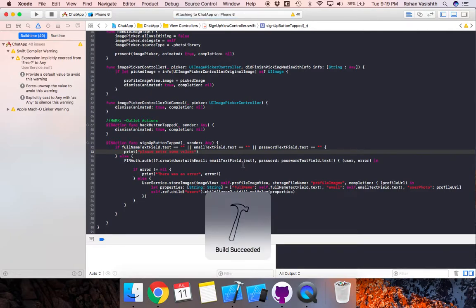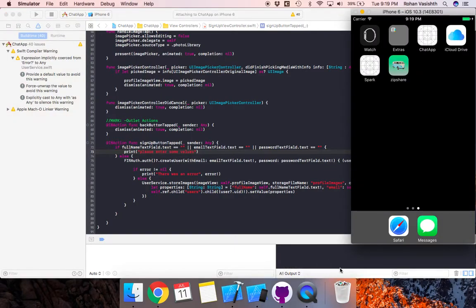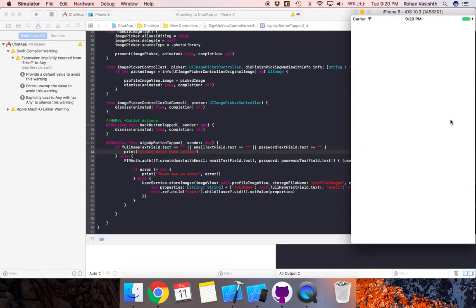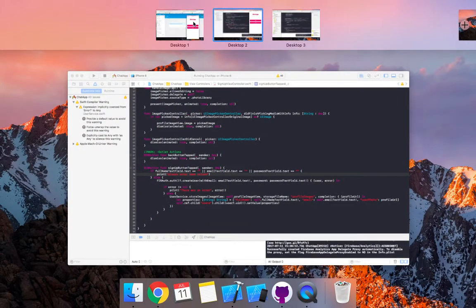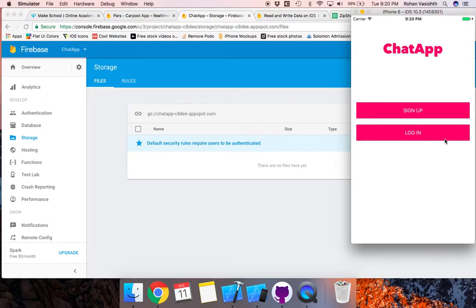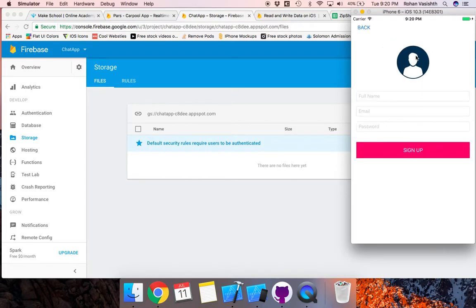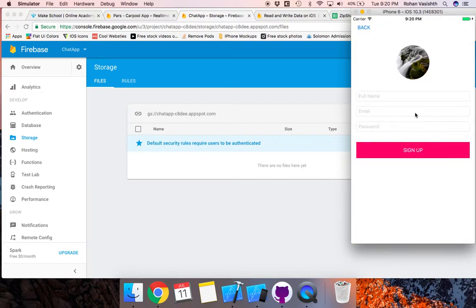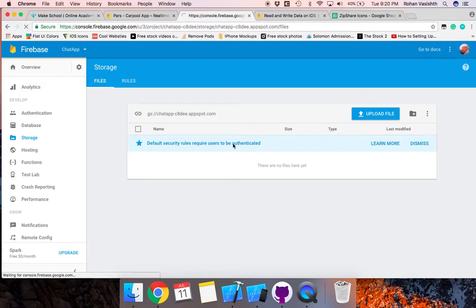Let's just wait for this to load. It's loading. And I'm actually going to move this over to this view just so you can see what's happening while we do this. So let's click sign up. Let's click on the image and enter in an image we desire. I'm going to put this one, personally, like that. Enter a name. So we're going to say maybe Billy and billy@gmail.com. Give him a password of hello123. Click sign up. So now if we refresh this, if nothing went wrong,